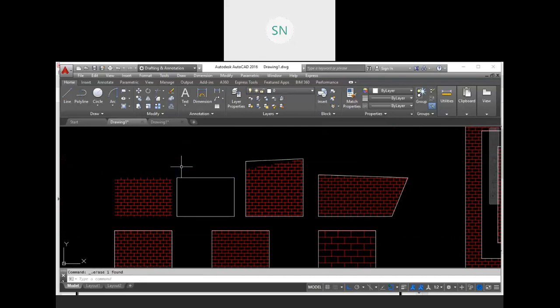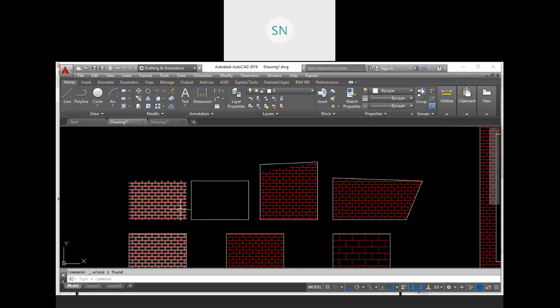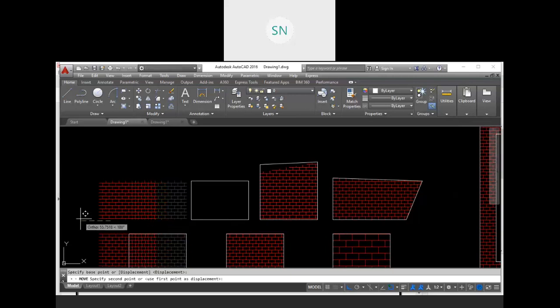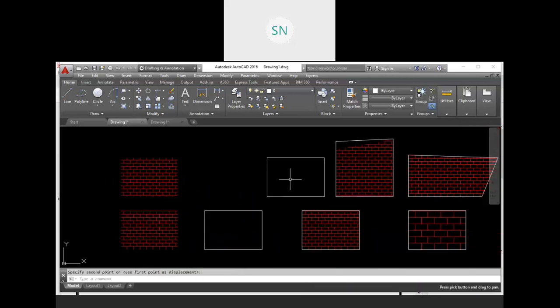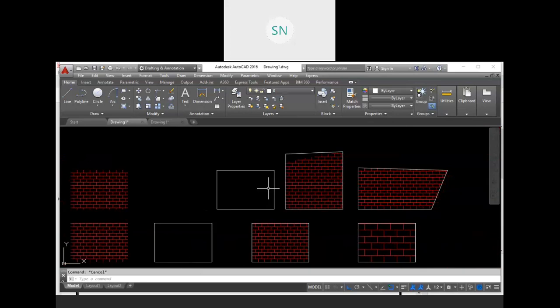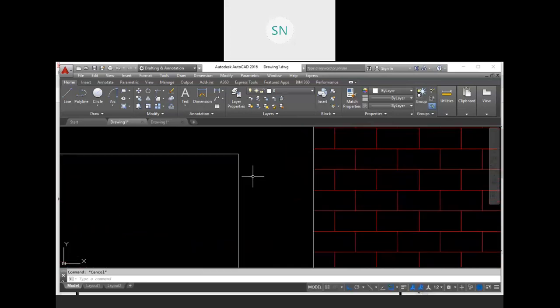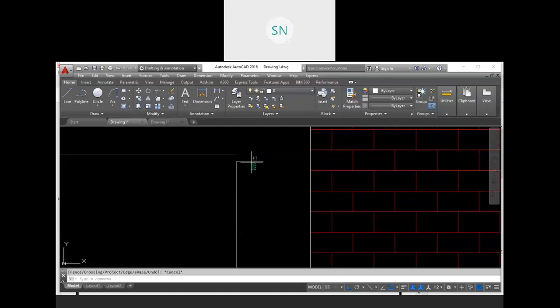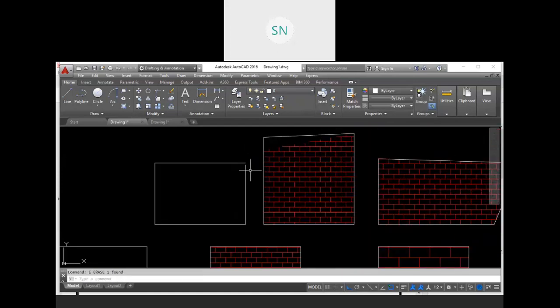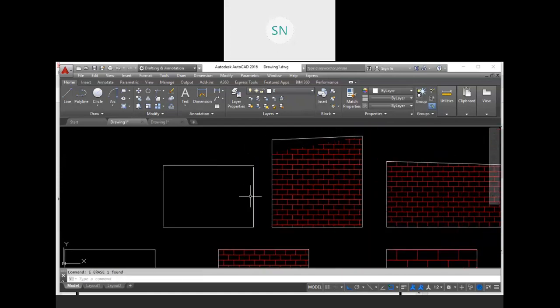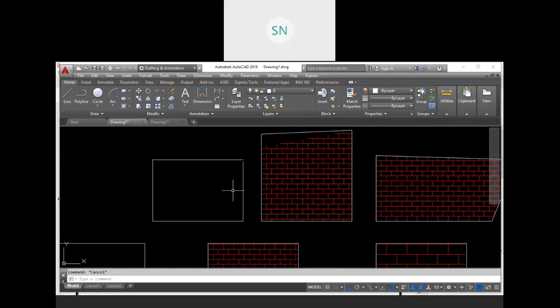Okay, so let me discuss this hatch in detail again. We have some more options for this hatch. Okay, so go to the hatch. Before we go to the hatch, let me break this geometry. So using trim tool, I am going to trim it out. So we have open boundary over here. See, this is open area, right? And I'm trying to fill hatch over here.